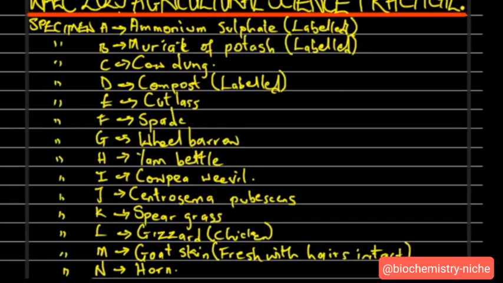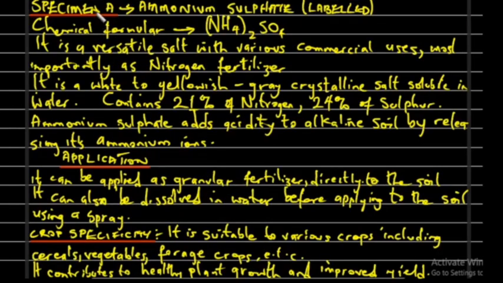We have our specimen I to be cowpea weevil. We have specimen J to be Centrosema pubescens. Specimen K is speargrass. Specimen L is gizzard of chicken. Specimen M is the fresh goat skin, with hairs intact. And then our specimen N is the horn. So without wasting much of our time, we'll go to talk about the first specimen, which is our specimen A,